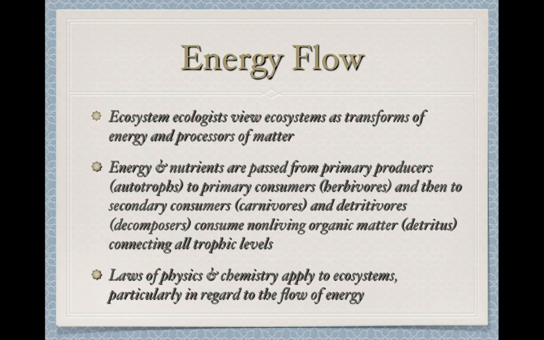So those nutrients and that energy are all going to start at the bottom of your food chain, your primary producers, your autotrophs. All right, and they're going to be able to fix those nutrients and that energy so that it can then be passed to our primary consumers, which are your herbivores. All right, and then up to your secondary consumers, tertiary consumers, and so on and so forth. And then ultimately, once it gets to the top of our food chain at our top carnivores, how does it get redistributed back into the abiotic side of our ecosystems with our decomposers? All right.